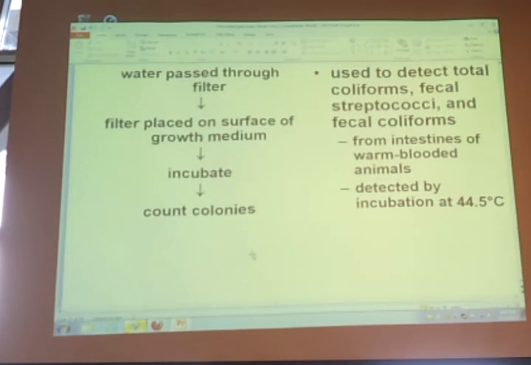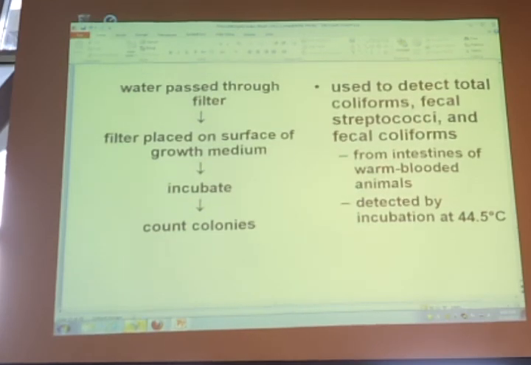Also something was mentioned in here too about fecal coliforms, and I mentioned this one time before, but I want to make sure that you